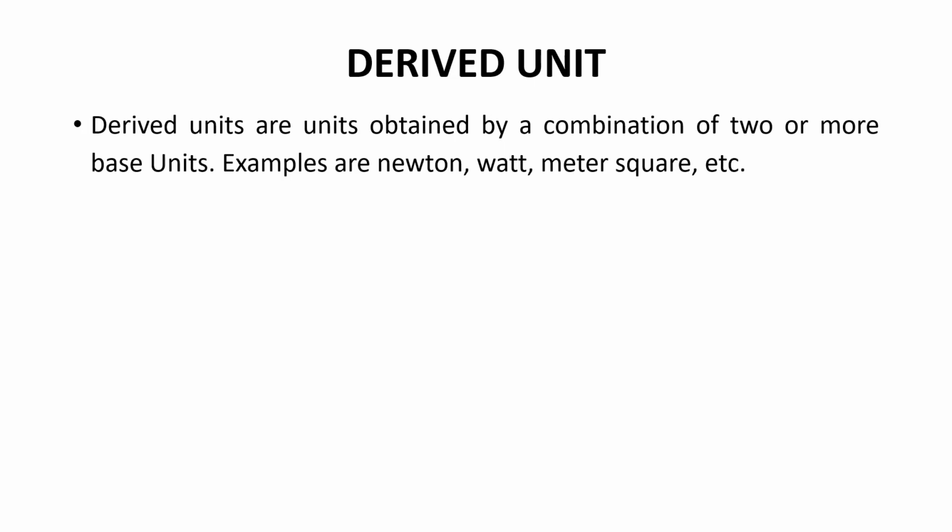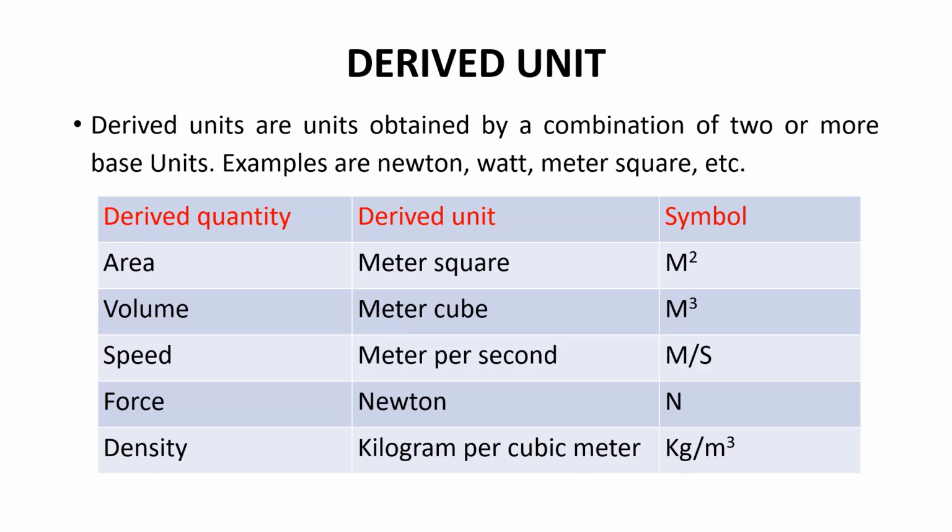Examples: you have Newton, watt, meter square, and so on and so forth. There's a table below, which contains the derived quantity and its derived unit and symbol. So we talk about area, its unit is meter square. Then volume, its unit is what? Meter cube. Speed, you have meter per second. Force, you have Newton. Then density, you have kilogram per meter cube